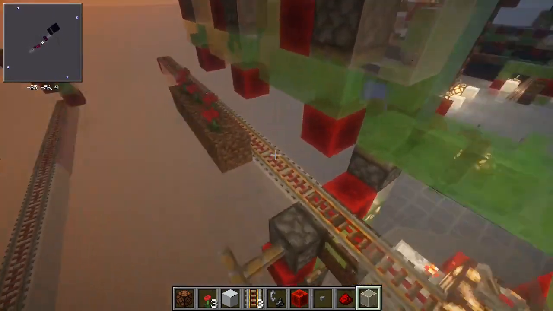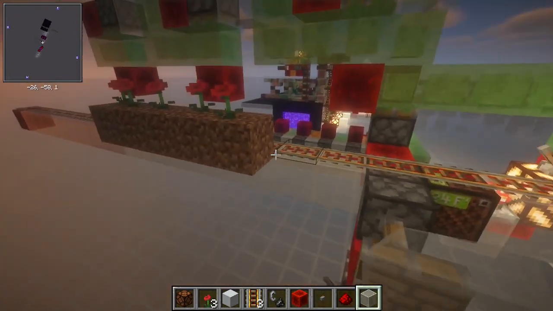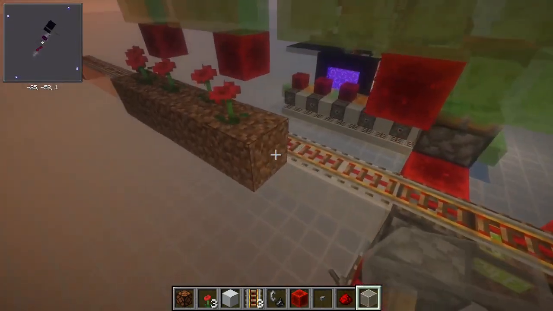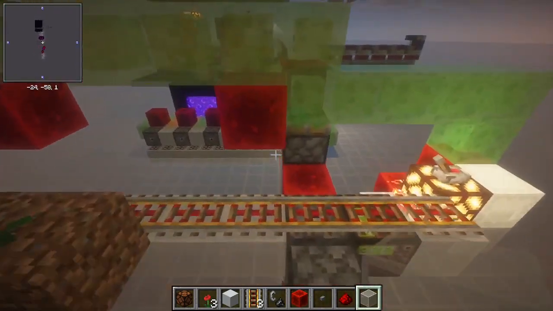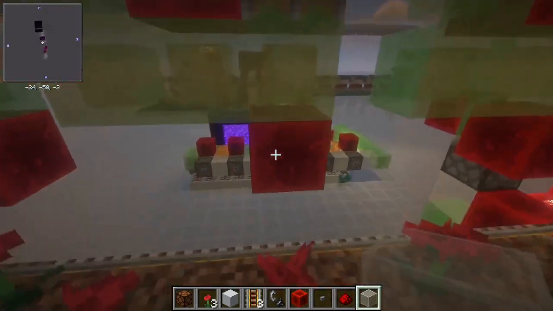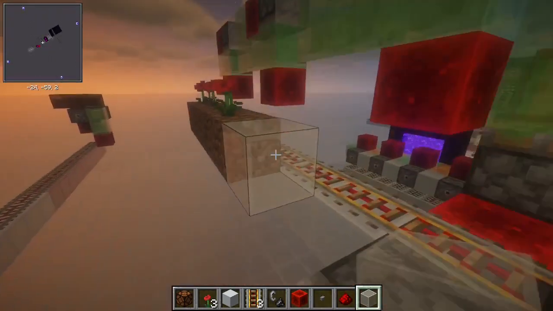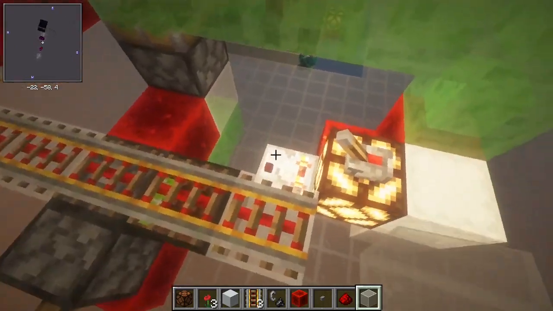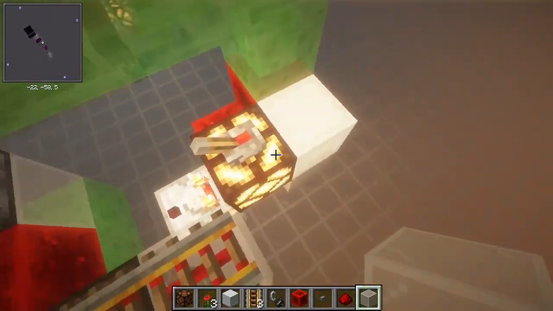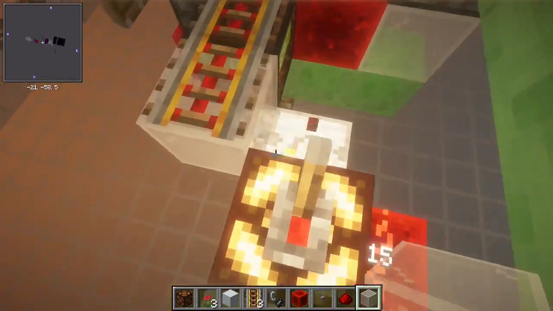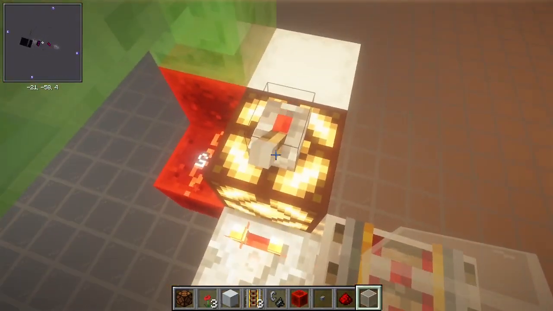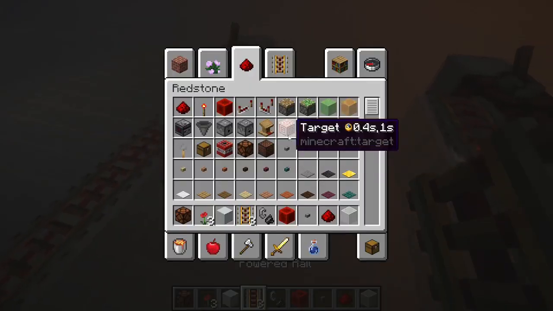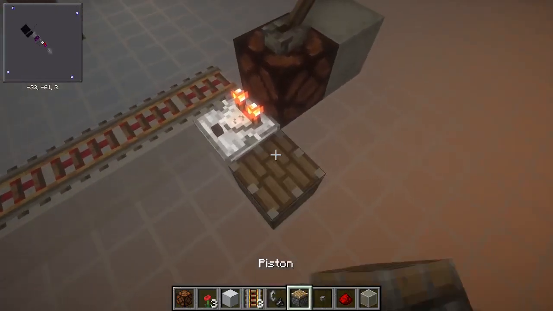And now we're coming to the more complex budlines, I would say. This one is also of course a self-resetting one. You see, it uses the piston and redstone block things, and it instantly resets itself. And the cool thing about this is that it also deactivates the suppressor while reactivating, because, in case you don't know,